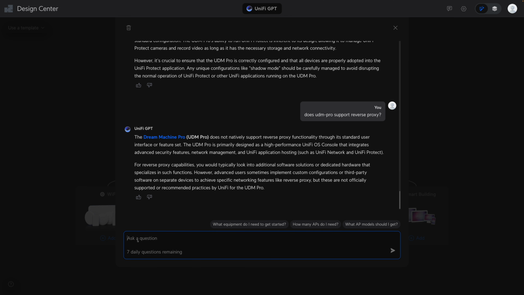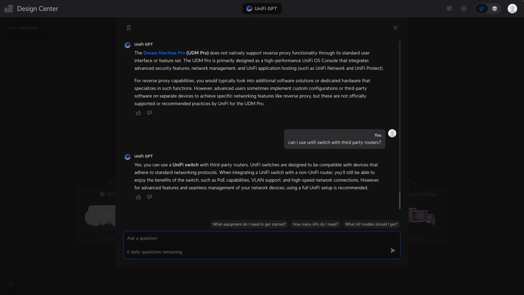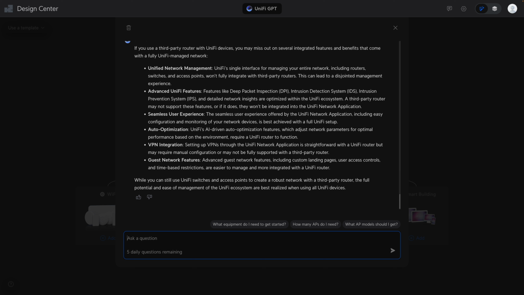Then let me ask whether I really need a UniFi router in my network. Okay, good. I like it. Honest answer. Let me push it to see what Ubiquiti's opinion is about using a third-party router. Yeah, from Ubiquiti's perspective, all the bullet points make sense. But we all know if you use other routers, for example, pfSense, your pros will have many more bullet points,